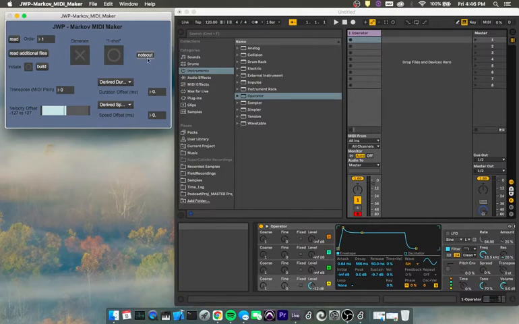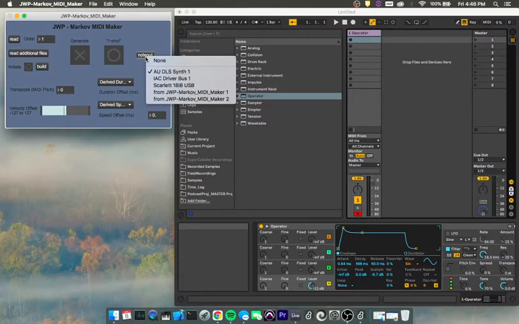Normally this wouldn't be visible per se in a standalone that you bounce out from Max, but it needed to be visible here so that we can double check and possibly change how we're sending MIDI data around our computer. So if you click that, we're going to have a couple options of how we can route this. Theoretically, you could route it out and control a synth with the data. Here I'm going to just use this